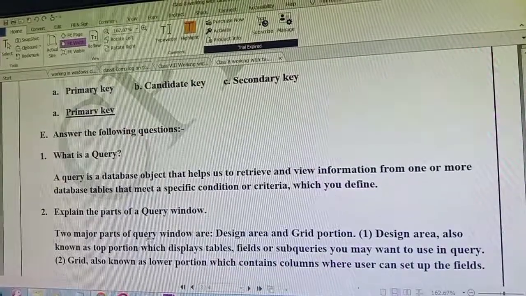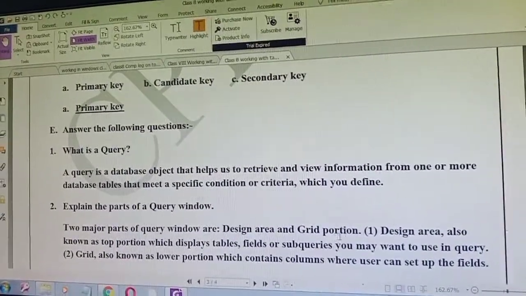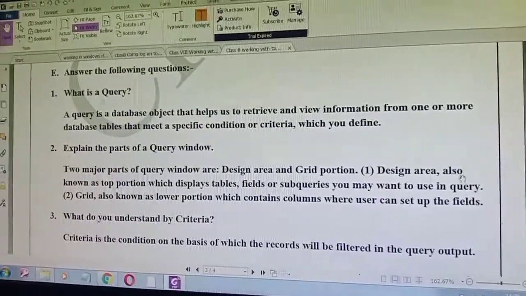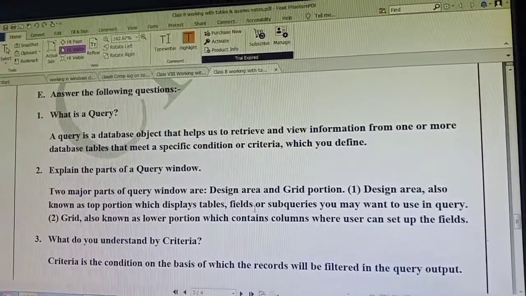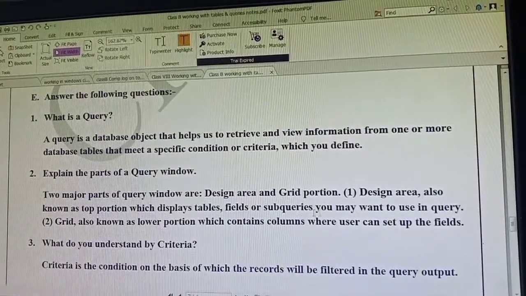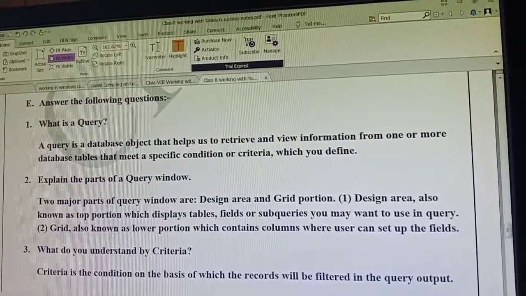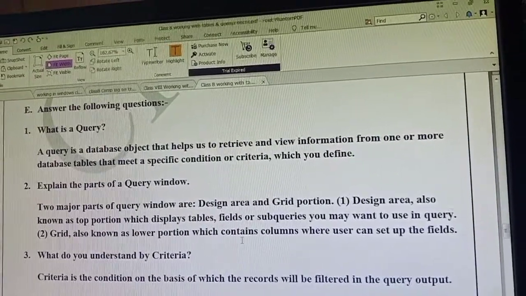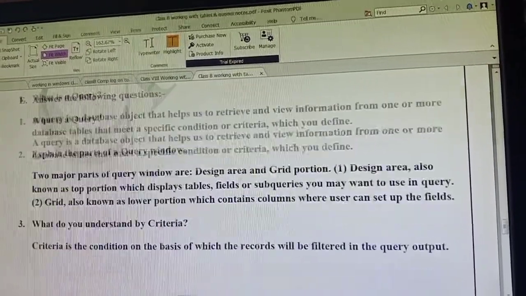Two major parts of a query window are design area and grid portion. Design area, also known as top portion, which displays tables, fields or subqueries you may want to use in query. Grid, also known as lower portion, which contains columns where user can set up the fields.